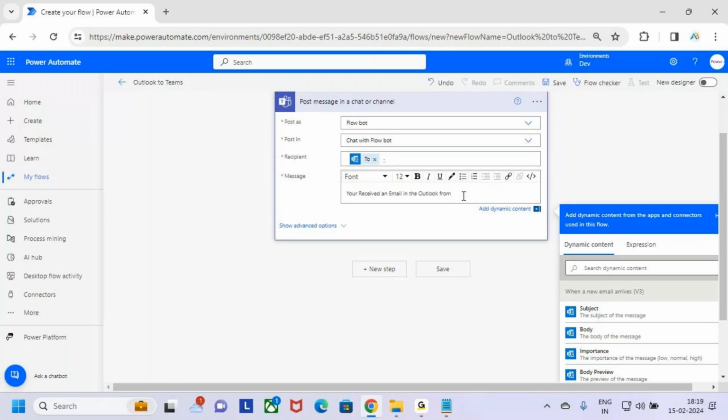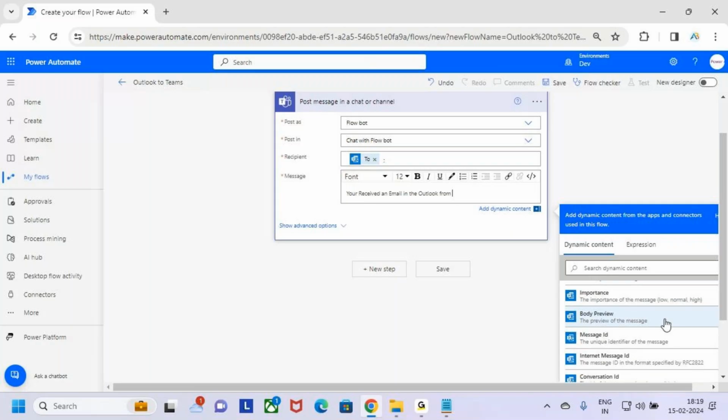Let's say today some other users are sending the email. Tomorrow some other users will send the emails. So from whom they are receiving the email, that user name or email ID I want to mention here. So if you scroll down here, go to the dynamic content. If you scroll down, there is something called